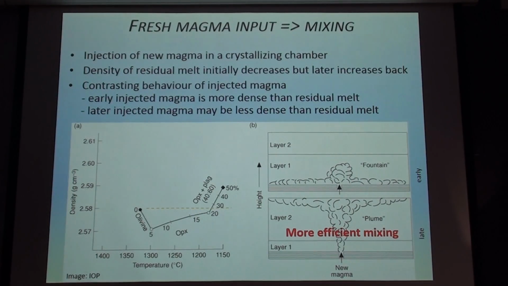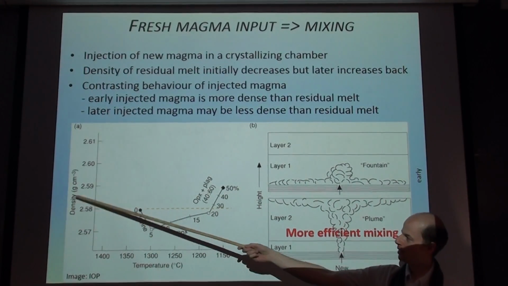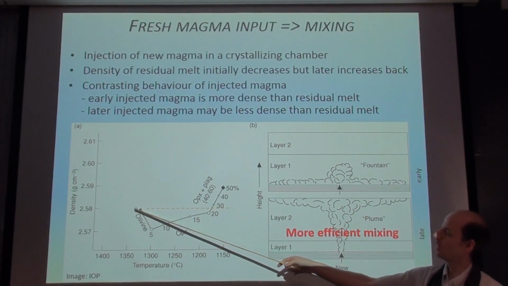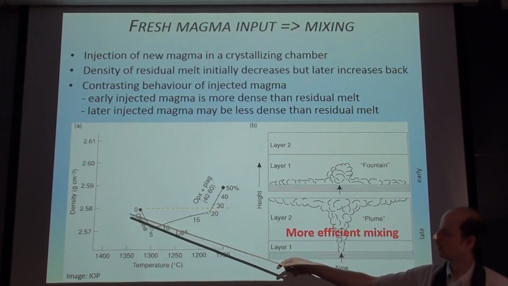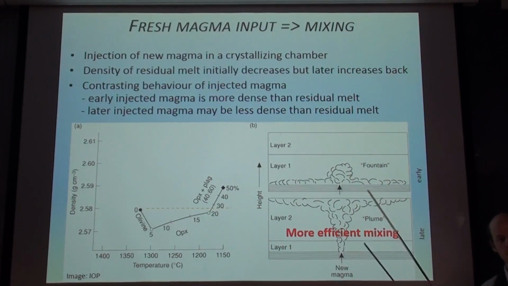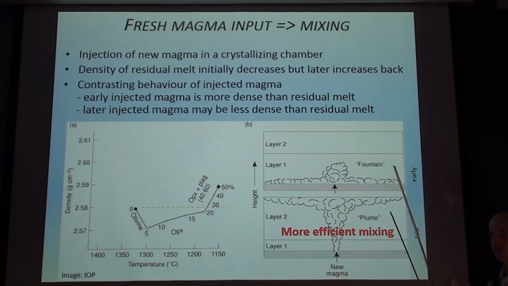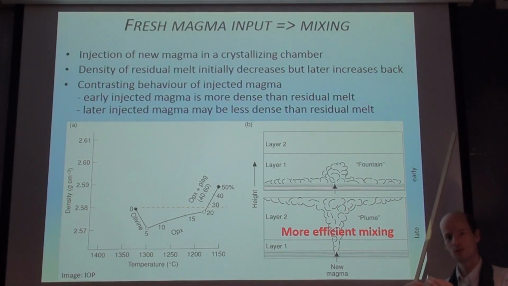So, looking at the dynamics of magma mixing, this can be dependent on the density of the original melt, the evolved melt, and the new injected melt. So if we look at this graph, temperature versus density, we start with a new magma with a density of about 2.58. We remove olivine from it. Olivine is denser than that magma, and so removing something dense from a magma will reduce the density of the residual melt